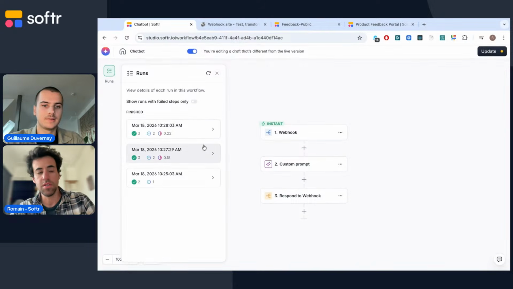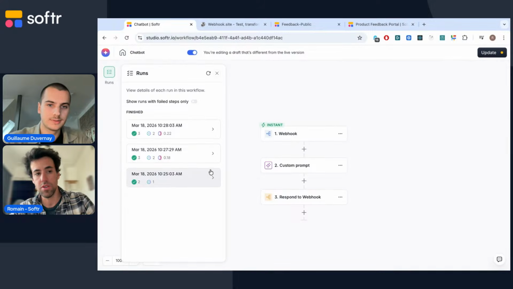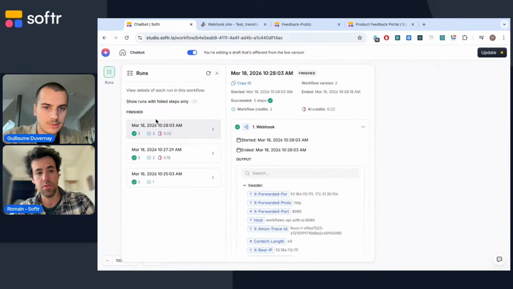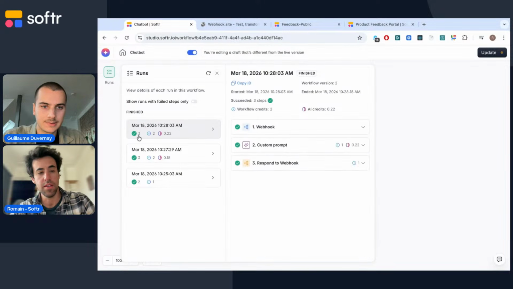So the runs is a history, some logs of the runs, of the workflow and individual steps. Here you can see that this workflow had 3 successful steps: trigger webhook, custom prompt, and respond to webhook action. It used some Softr AI, so you can see how many credits were spent.